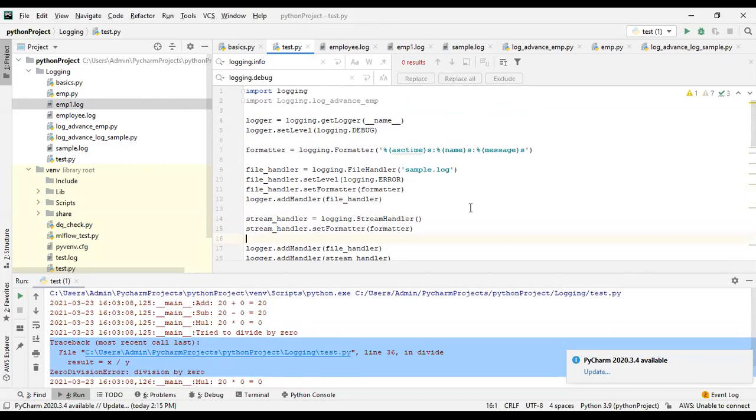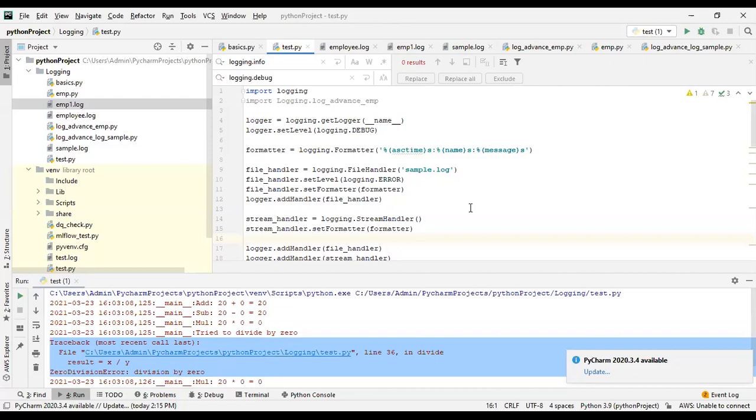If you want to append the information, you just set the mode to A. If you want to overwrite the information, you set the mode to write. So modes are there, as explained by Kritika. You just set the mode, however you want to log the information into the log file.